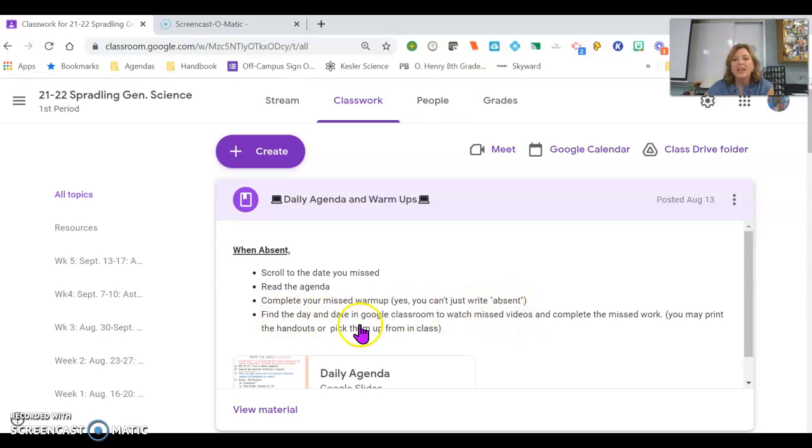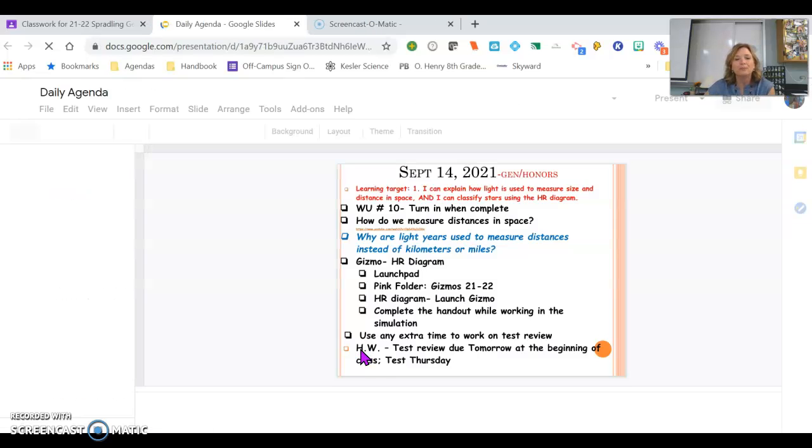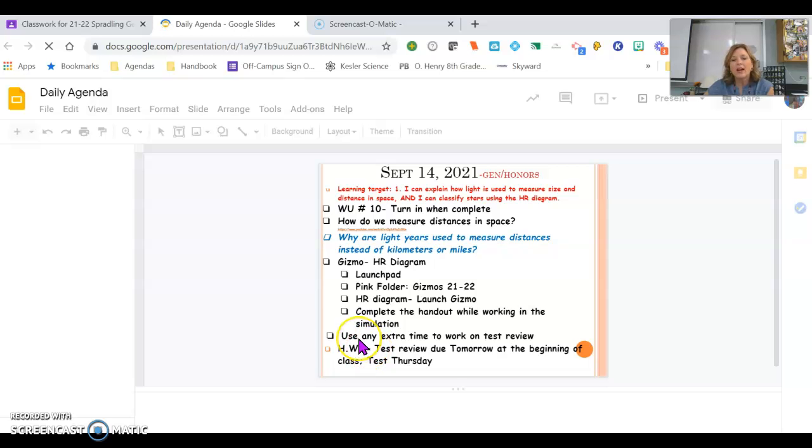And then you'll find the day and date in the Google Classroom to actually match any missed videos and complete the missed work. You can print handouts or you can pick them up in class when you return. But if you're out for an extended time, a lot of times there's digital versions of those. So let's just take a look at an example. So let's say you're out on